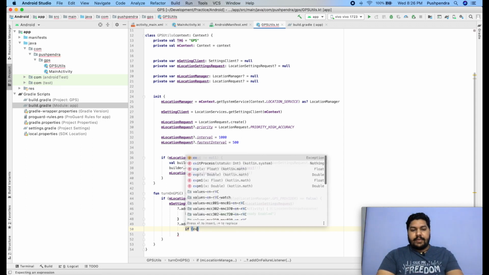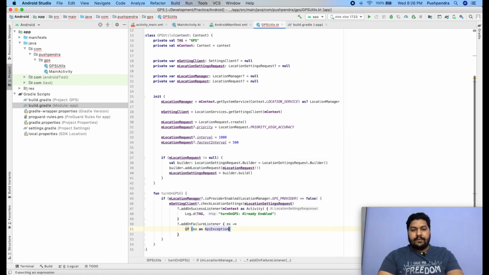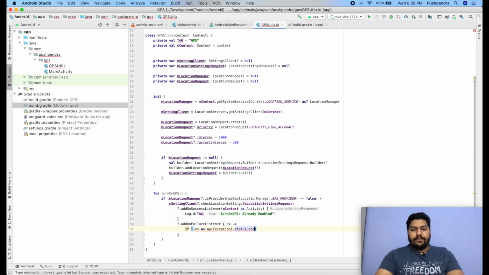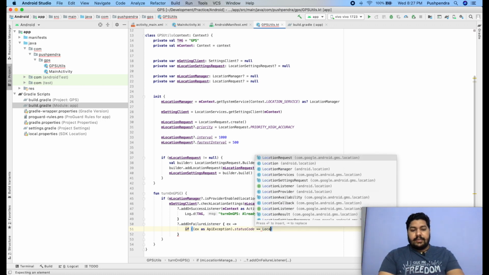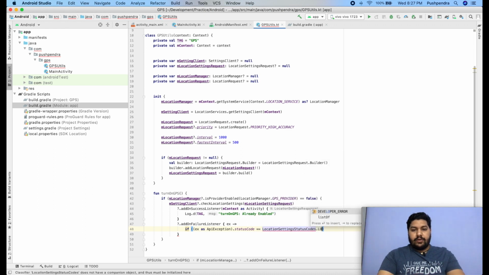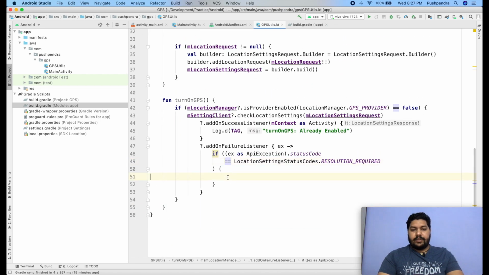So if ex as API exception dot status code double equals location settings status codes dot resolution required. Okay, meaning if it is equal to this, then we require a resolution, and what kind of resolution it is, here I will tell you.